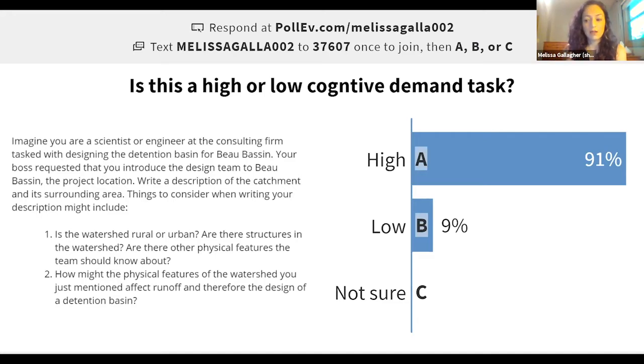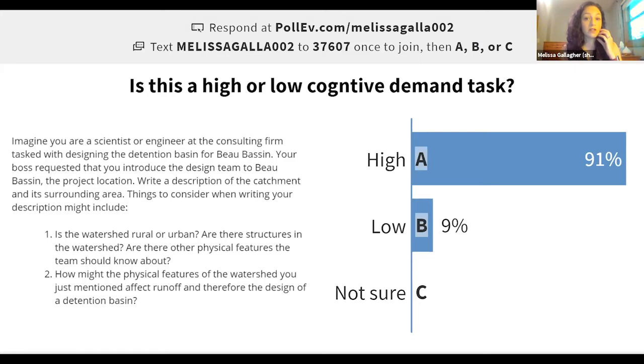And the way that we talk about that is it's the enactment. So I can write a task that seems like a low cognitive demand task, but if I ask my students to do a lot with it by telling them they're going to be evaluated at a high level on the rubric, like that they would have to justify and explain their thinking really in depth to get all the points, then I'm making it a higher level task when I enact it.